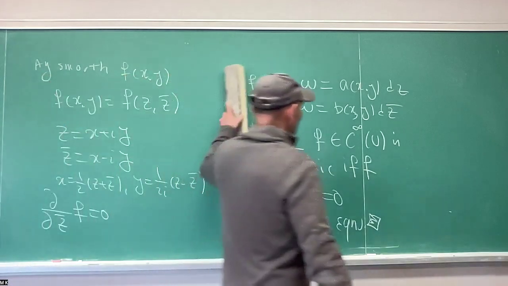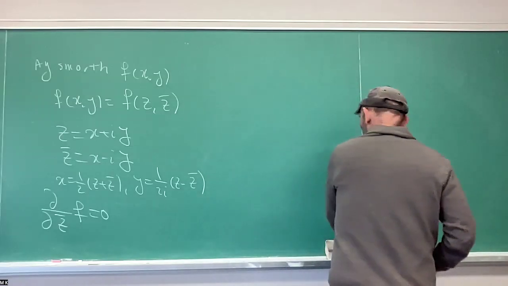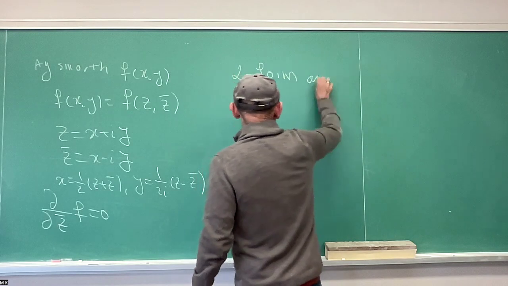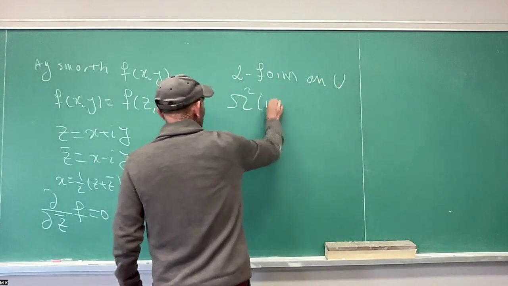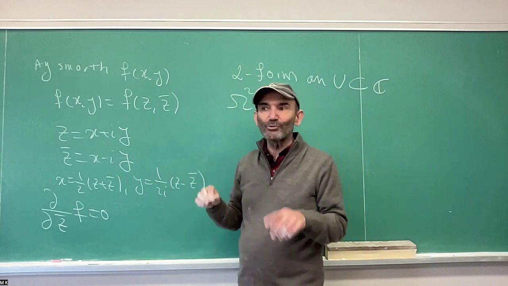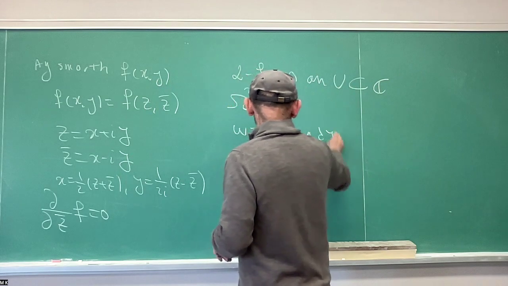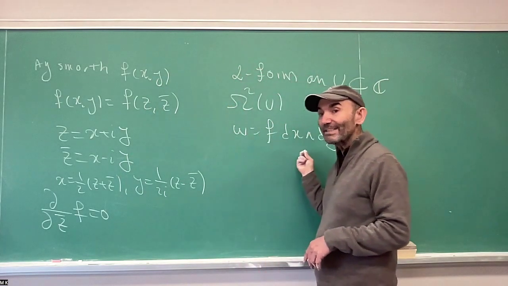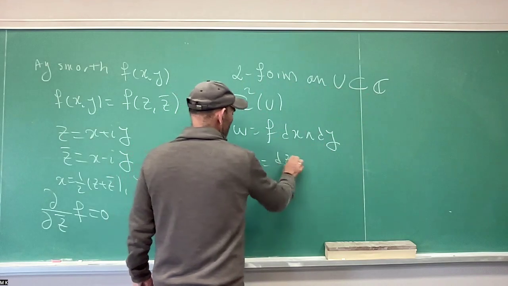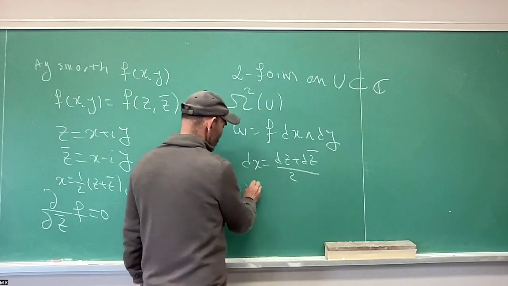Okay, so now what about two forms? If you give me a second, I will finish with two forms and then we go. So again, similar. So what happens for two forms? On U, this is omega 2 of U. A two form we can always write as omega equal to f dx wedge dy, right? But now let me write dx and dy in terms of dz and dz bar, and see what happens. dx is equal to (dz plus dz bar) divided by 2, right? And dy is equal to